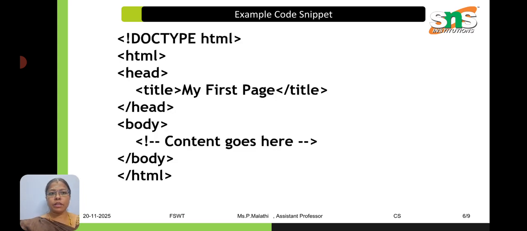This is a simple example code. In the first line we have the document type of HTML. Then we open the HTML tag. Then in the head, we include a title in the head tag, the title as my first page. Then we close the head part, and then the body. In the body we can have the content of the web page,